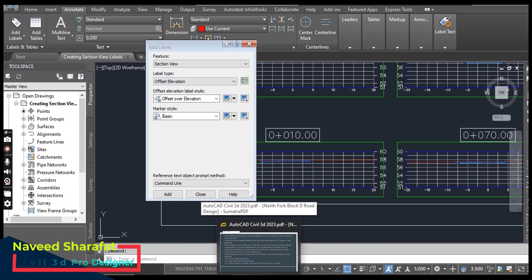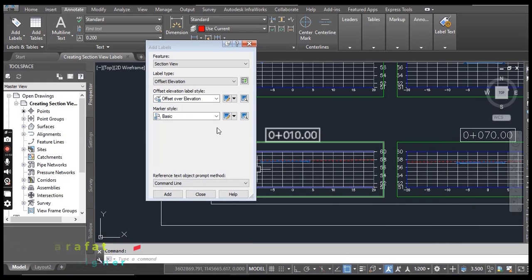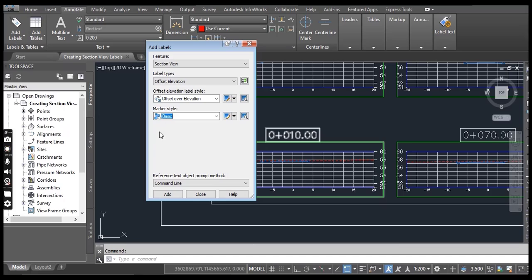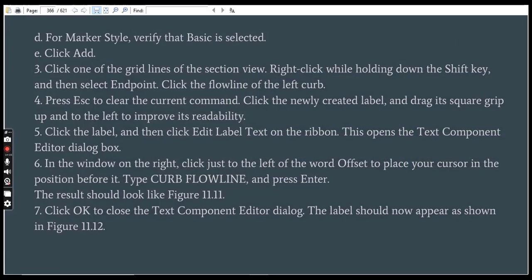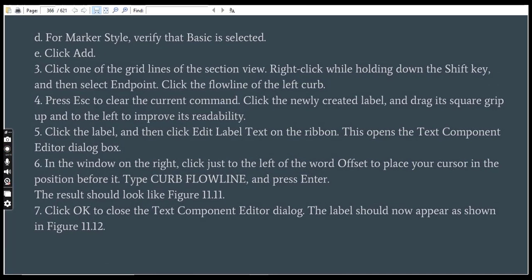If it is something else, you can change it. For Marker Style, verify that Basic is selected. There are many marker styles, but now I need to select Basic. Then click Add. It will ask you to select a section view.